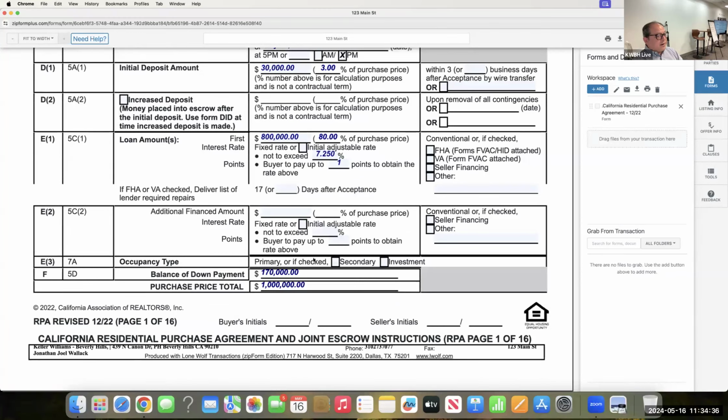There is a box here that says occupancy type, primary. By default, this is their primary residence, or if checked, secondary or investment. My advice to you is never check these boxes. Never. I generally don't use the word never or always, but here I'm saying never. If you check this box, you will automatically cause your client to pay a higher interest